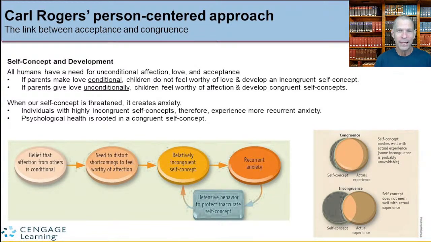And what he argued was that it was this incongruence which leads to people's neurotic feelings. If you're depressed, if you're anxious, if you're having psychological problems, it's because of this incongruency between the true you and the you that you build and show to people so that they will accept you. And so, if you would go to Carl Rogers, he would bring you into his office, and he would try to help you find a way to accept yourself,